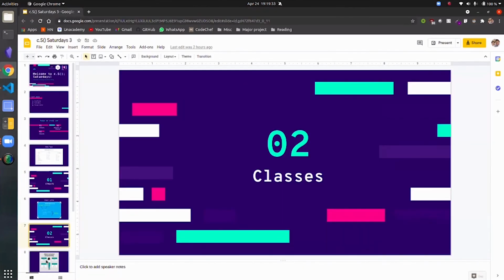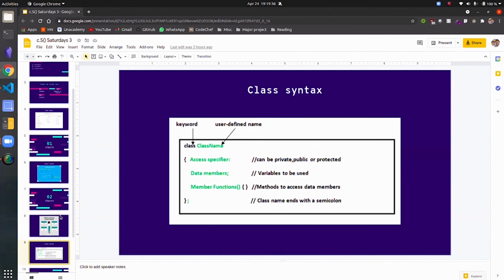Classes, by default, the data members are private by default. So the members of the classes won't be accessible to anyone unless we want them to be accessible. We need to explicitly specify that we want them to be accessible by the main function or by any other function. If we want the data members or the member functions to be accessible, we need to explicitly specify that. So this is the primary difference between a class and a structure.